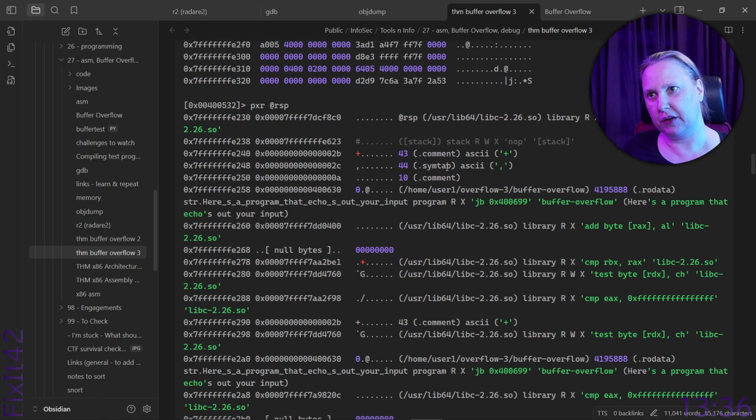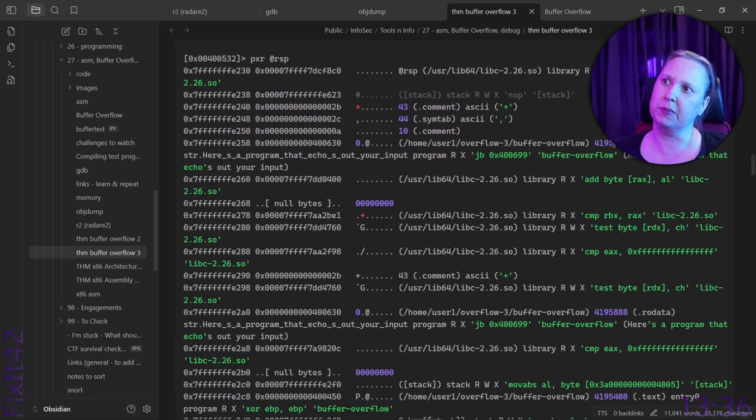Yeah, right. So this output, it's a bit much for me, right? But I didn't really read it carefully. So, at RSP, but then we also get library lx add byte rex al libc.